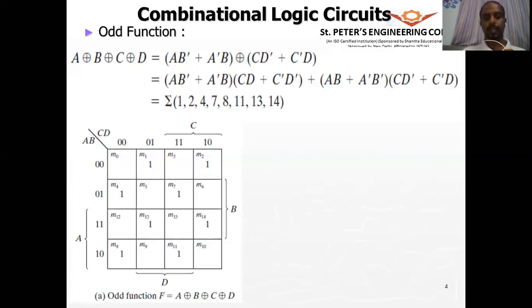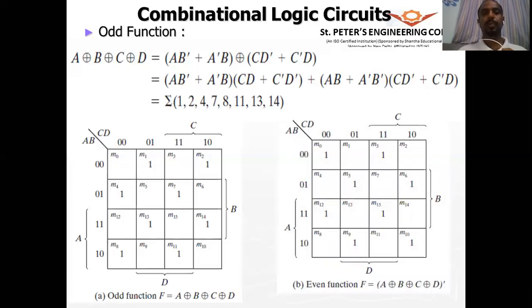That is what we are looking at. All right. So when we want the even number of ones, we take the complement of this. So we get this as A XOR B XOR C XOR D, the whole complement. And for this, again, you can't do the mapping, as you see, none of these ones are adjacent to each other. Therefore, we can't simplify this further. So this is the equation as it is. We have to write it.